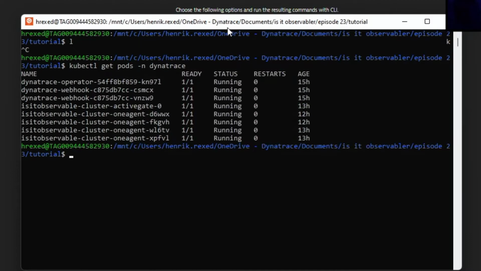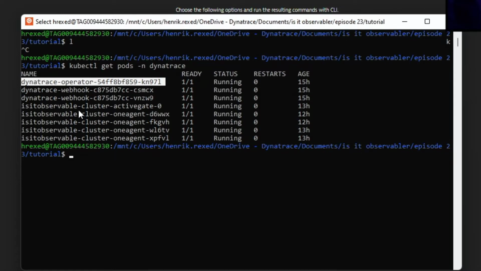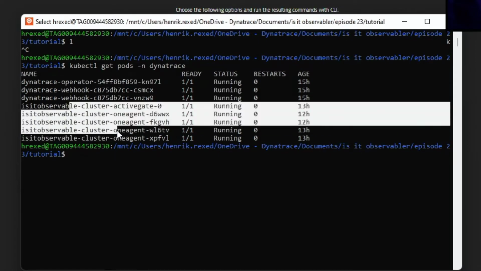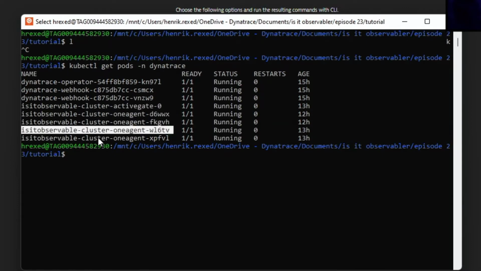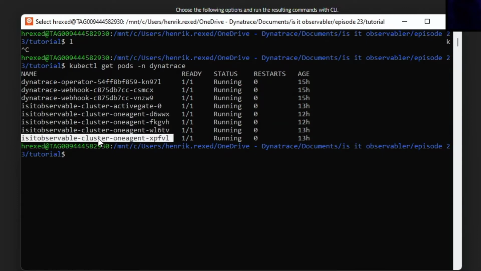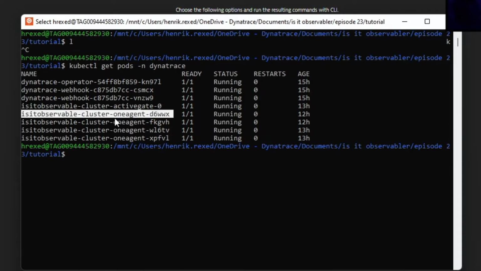you will find a few things. First, you will need to have the operator deployed, the webhook, obviously, and the ActiveGate. But there are 2 things here. You can see that the ActiveGate is here, and then you have a couple of cluster agents. Here I've deployed Dynatrace to monitor the nodes, but also the apps. That's why you have one cluster agent, I would say, per node, because it's the daemon set deployment. This is what you're going to expect if everything has been deployed properly, and it needs to be running,